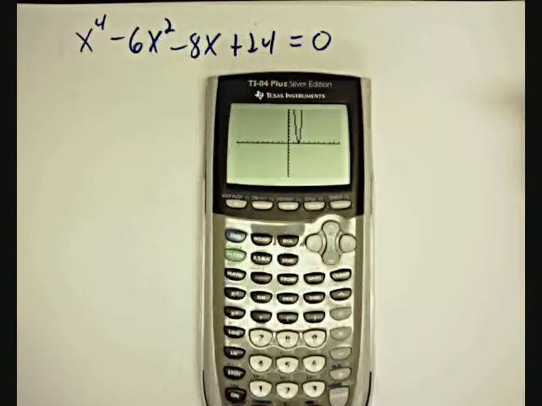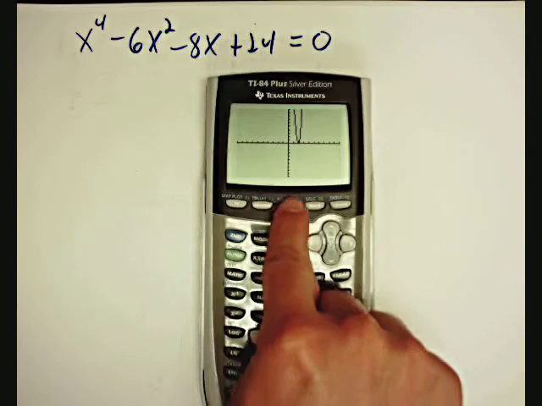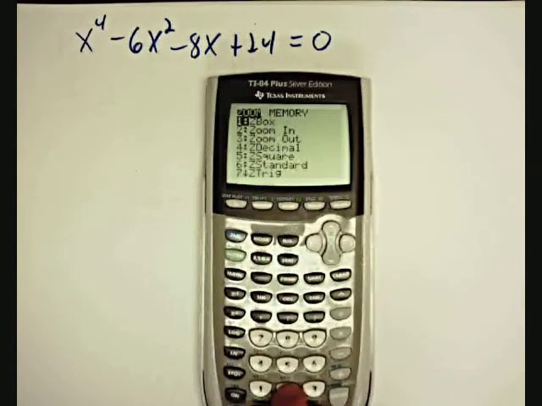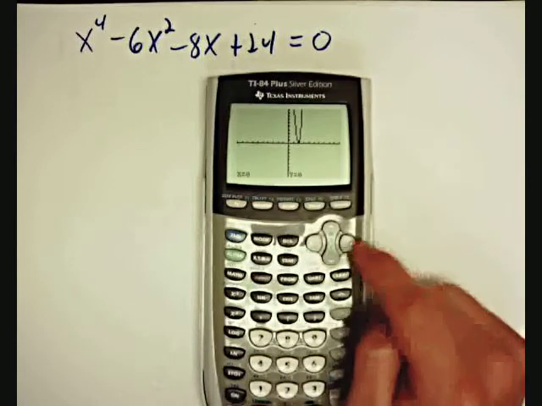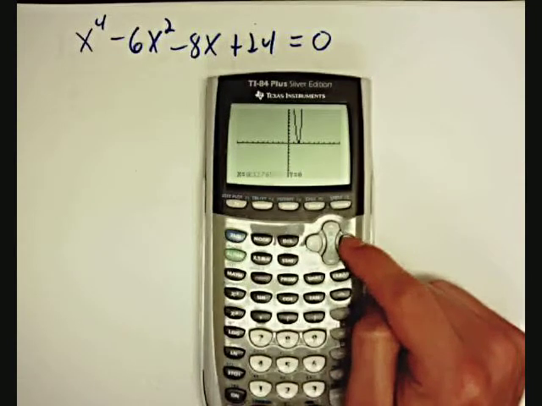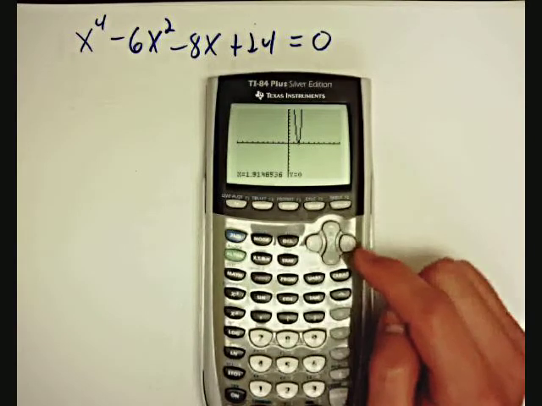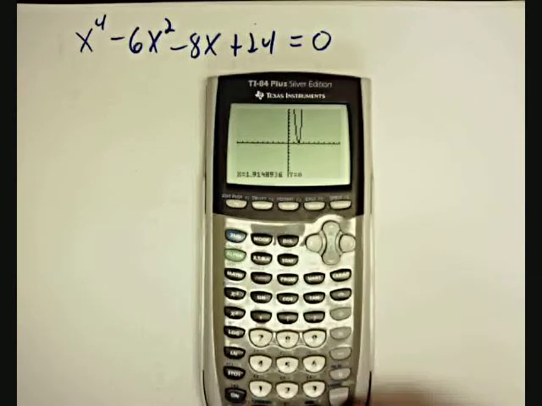touches. So if you ever have a situation where your graph appears to just touch the x-axis, what I would recommend is zoom in at that place and make sure that the graph only touches the x-axis. So if you press zoom, number 2 is zoom in. When you do that, you'll have a small blinking light, and you want to move that blinking light right to the x-intercept that you're trying to get more information about. Okay, so press enter,